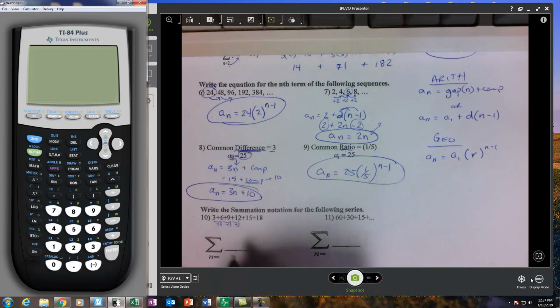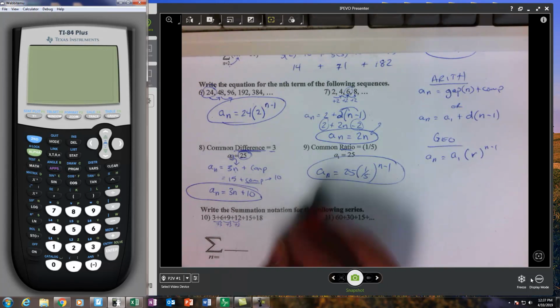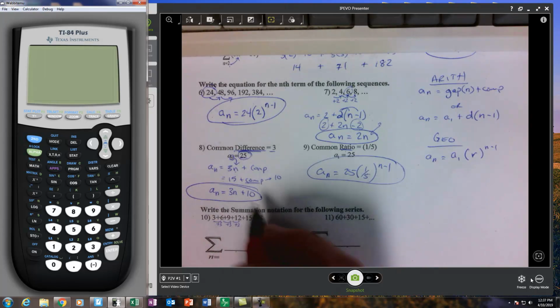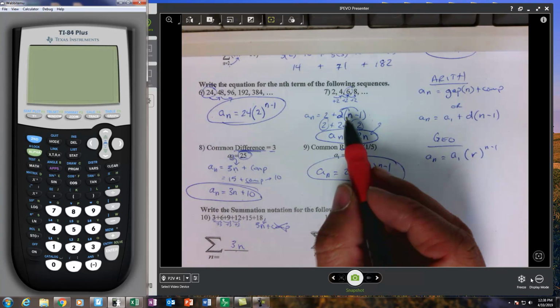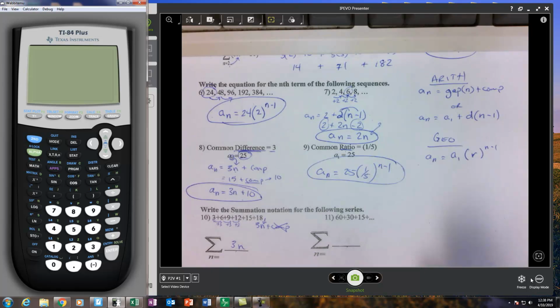So that means that I would have, we'll do it by the gap method, 3n plus compensation. Now this 3 over here is the first term. So if I put 1 in for n, I get 3. Well, that is the first number. So in this case, there is no need for compensation. The compensation would just be 0. So one way or another, whether you use the compensation method or use this method up here, you should get